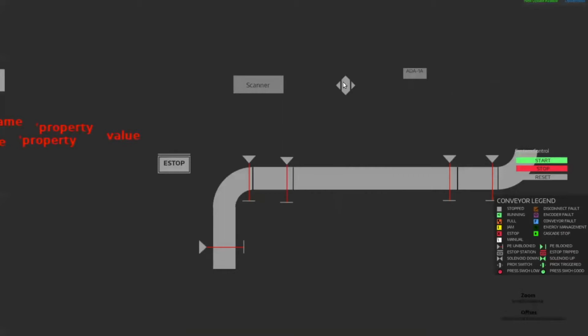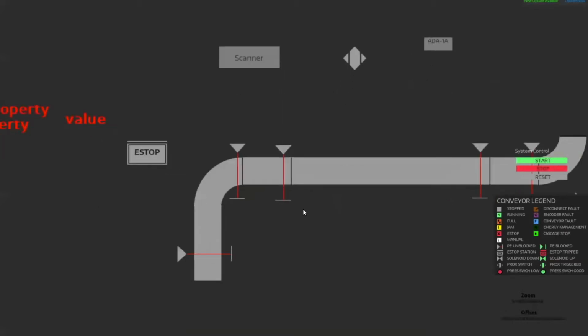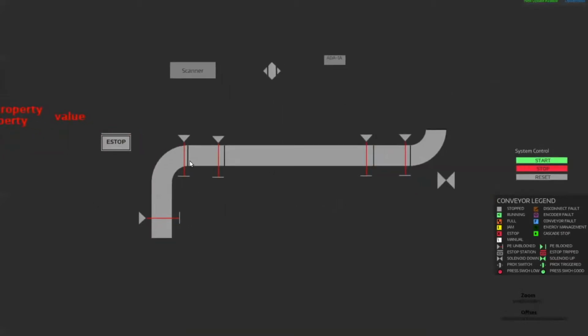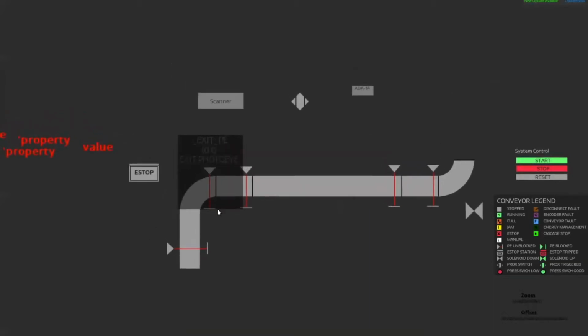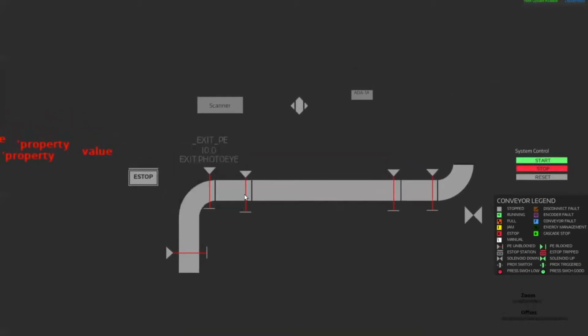So one thing to note, the photo eyes have a label embedded in them. You have to specify the photo eye type. So if I right click here, I can say exit photo eye. And now you see, you just have to replace it. So exit photo eye, here's